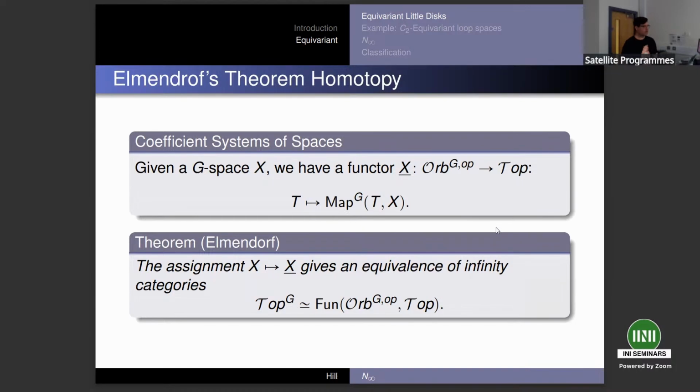So I should talk about a coefficient system in any old category. In this case, I'm talking about a coefficient system of spaces. And that's just a contravariant functor from the orbit category into spaces. And I'm going to use Top. Sometimes people use a script S to indicate this. I find that confusing because I also write a script SP for spectra, and I get distracted by that, and then I find myself rambling about it during a talk, and so I'm sticking with the old school.